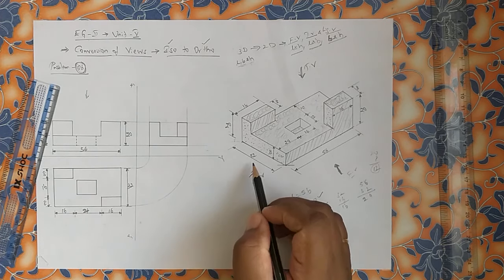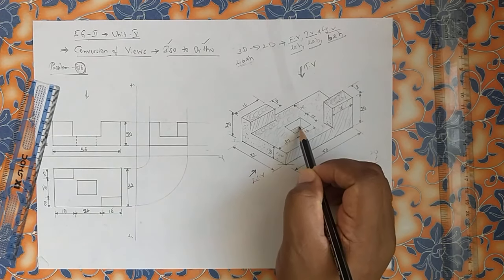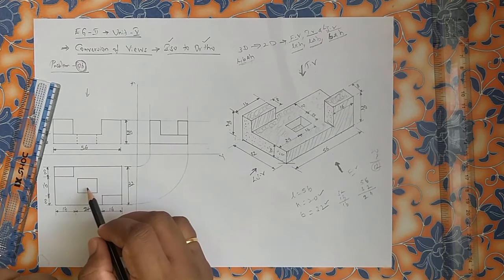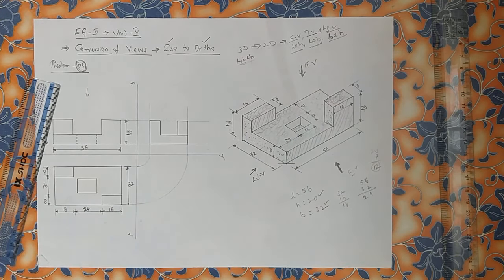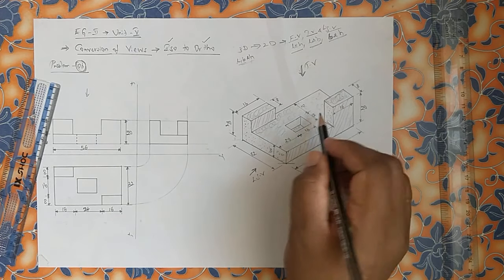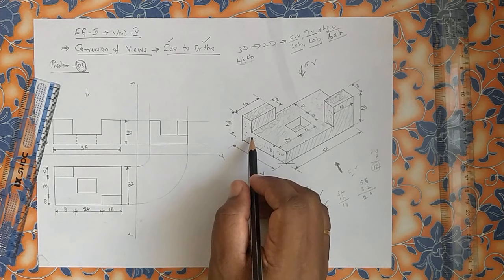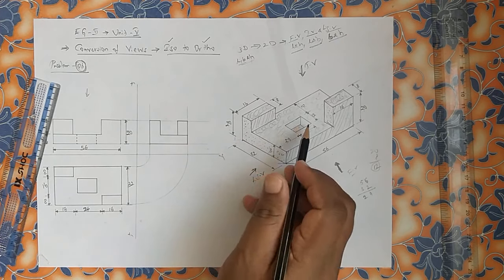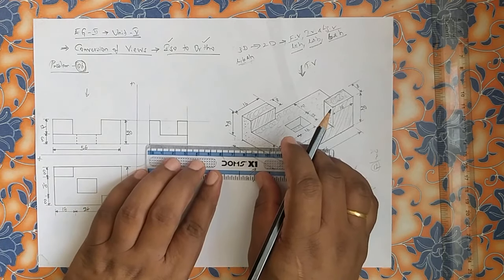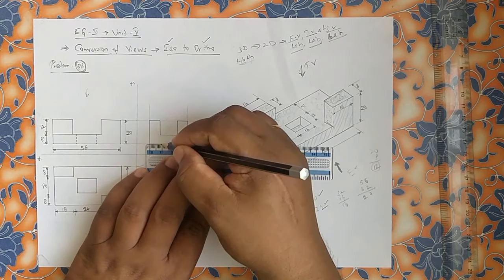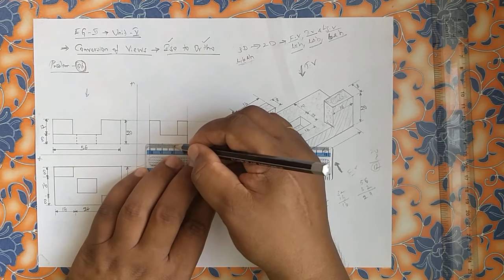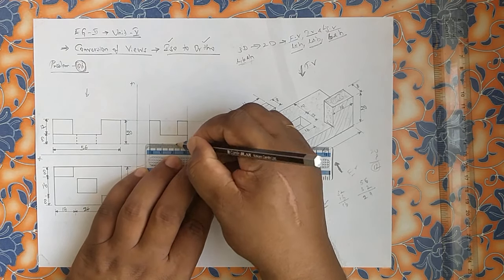Now one more, when you are looking from the left side view, this hole, through hole is there. That through hole which is here, it has to be drawn dotted here. What exactly it is? 12. See, 12 from which corner? From this corner 10, 12. So from here, I'll show you here. From here 10. From 10 here again, try to take this 10, 11, 12.